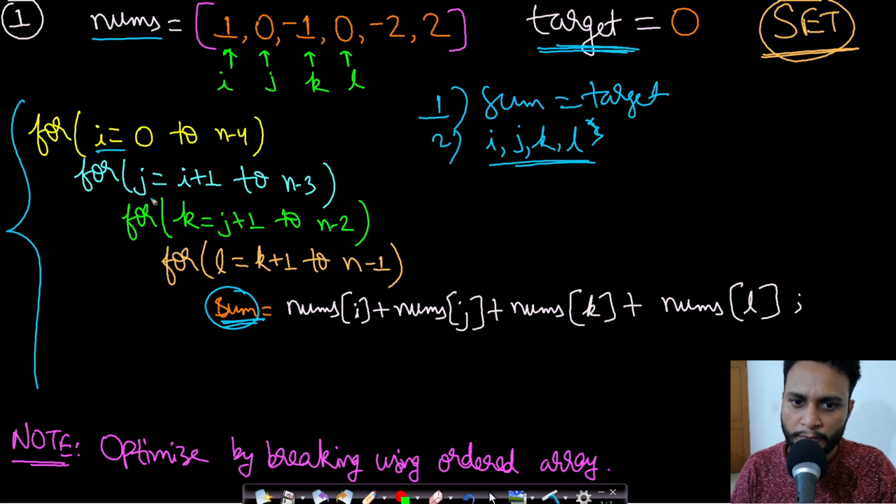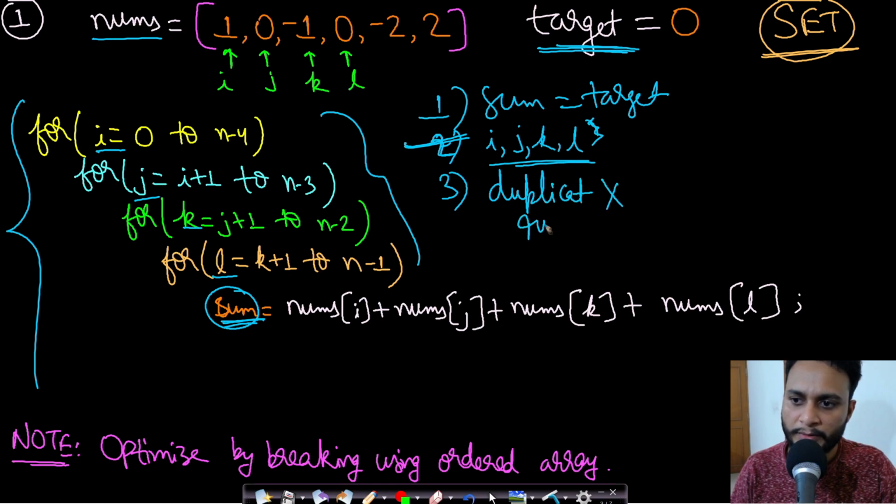So by using these 4 loops, according to the condition which I have given, this second criteria will be fulfilled by just using this kind of structure. Okay. Because i, j, k, l will all be separate, they all will be unique, they will not overlap. Okay. So this second criteria we are fulfilling. Now there is a third criteria that duplicate quadruplets are not allowed. Duplicate quadruplets are not allowed. So we found the sum here. So we can check if sum is equal to target from here. And the second criteria was fulfilled by this structure of the 4 for loops.